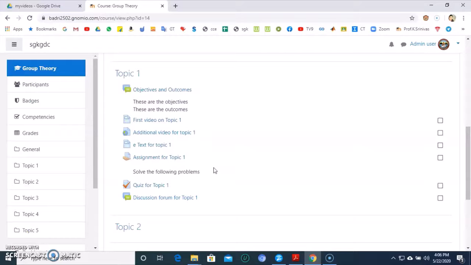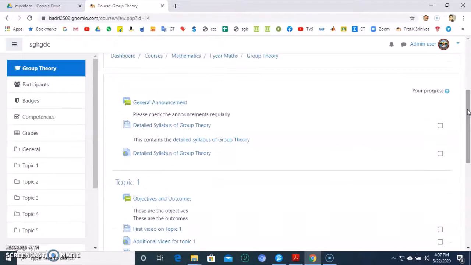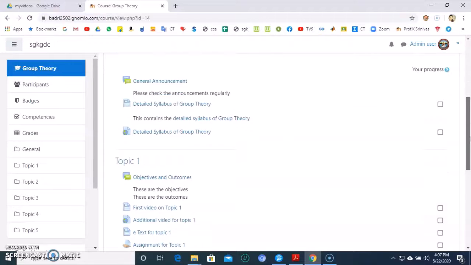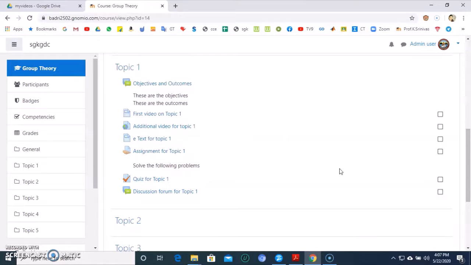We have given general announcements, delivered the syllabus and objectives. We did that in 2 ways: one, adding a page, or you can add by using the URL option. So anything you can add either using the page or using URL options.